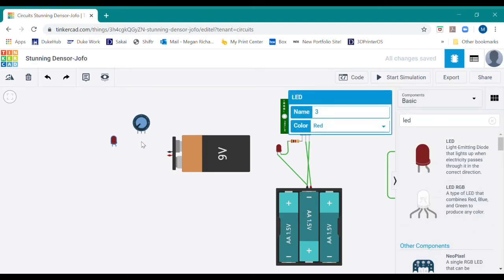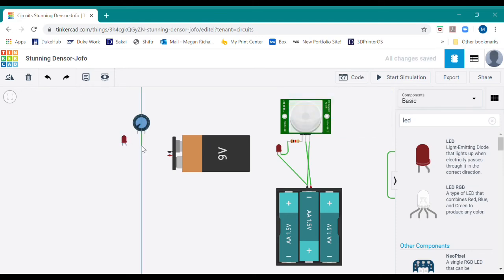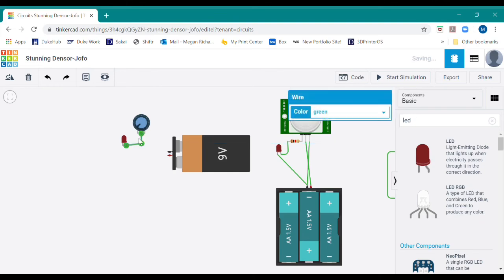The wiper in this scenario is the middle port, and this is what's going to be the changing part of the potentiometer. So this is the branch that will have the varying resistance in it. That's what we're going to connect to our LED, because that's the part that we want to see the changes in. So again, we're going to be connecting the long or anode end of the LED